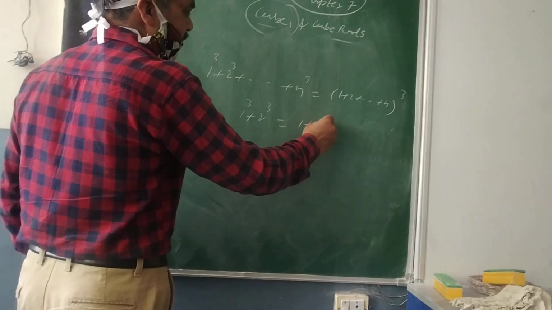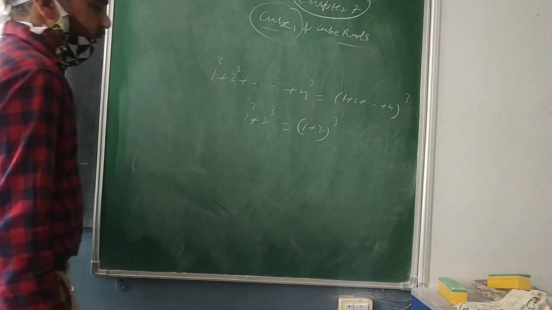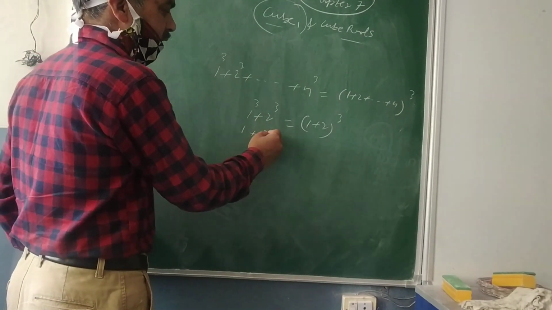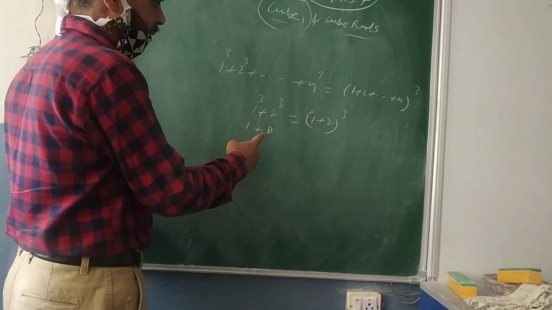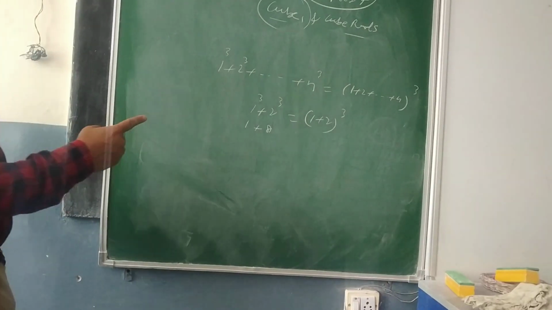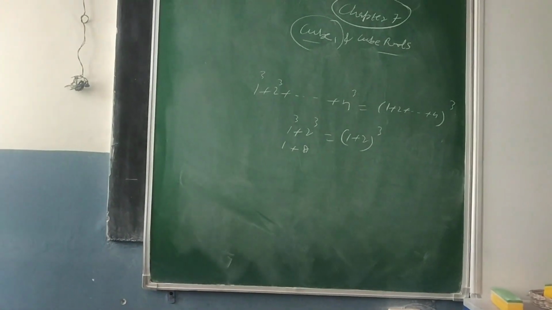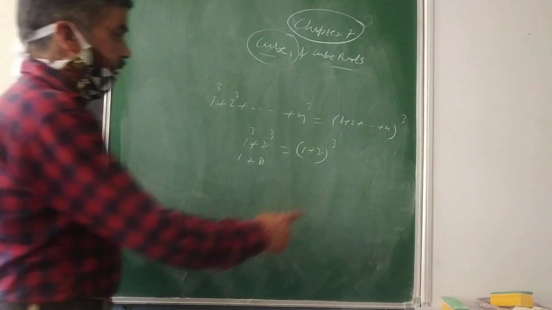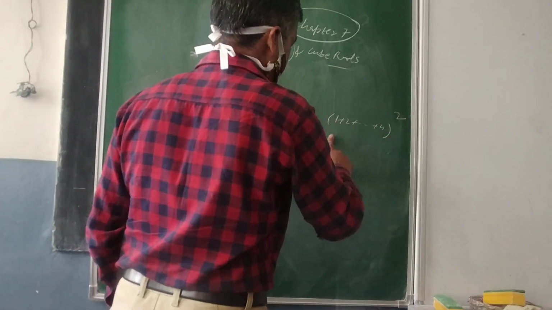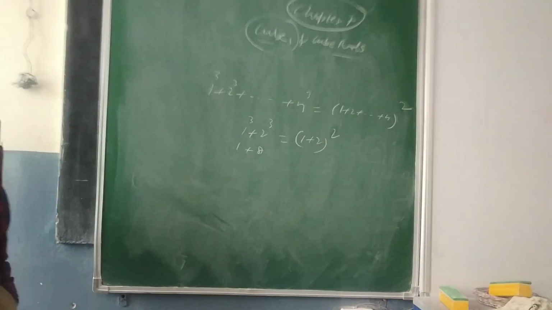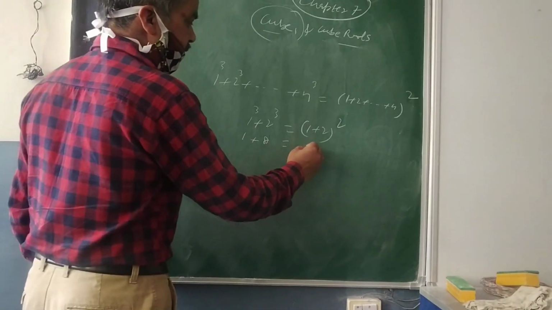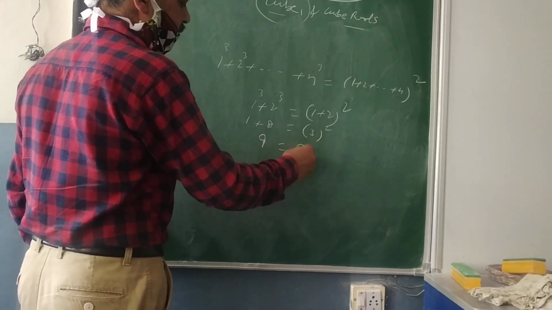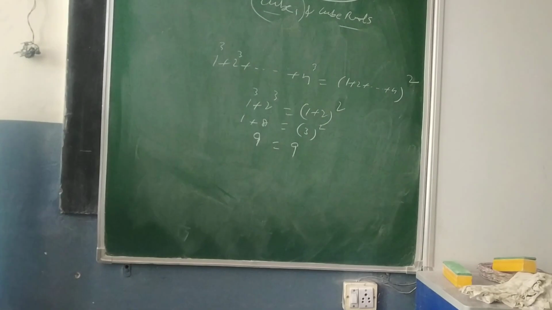So directly you can say it is (1 plus 2) whole square. Now you check the left hand side. What is 1 cube? It is 1. What is 2 cube? It is 8. So 1 plus 8 is equal to (1 plus 2), that is not the cube here. Remember, this is square. So what we are getting here is 3 square. 1 plus 8 is 9. The square of 3 is what? 9. Your left hand side is always equal to right hand side.